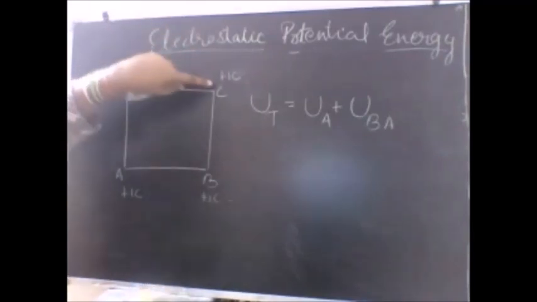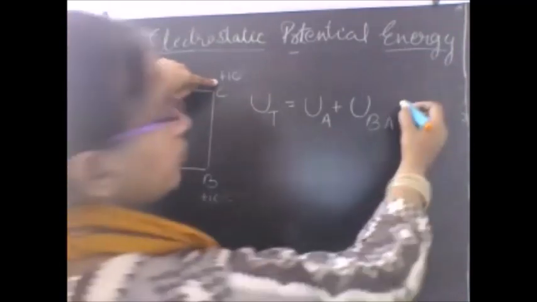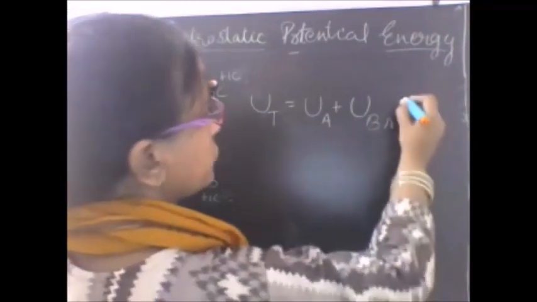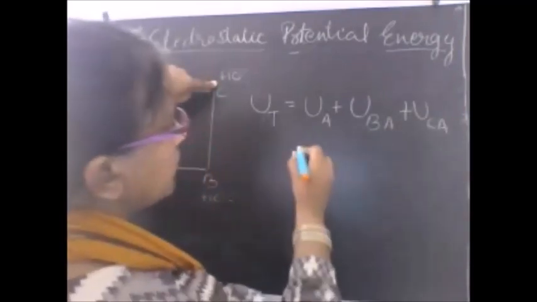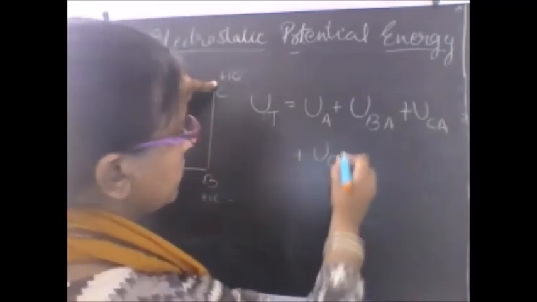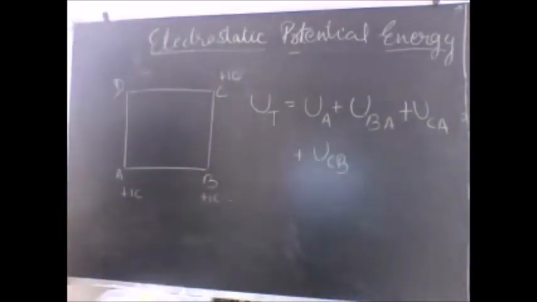So the potential energy now will be stored at the point C, and the potential energy is stored at the point C due to the presence of A, plus potential energy at the point C is there due to the presence of B. So the last case that we have to discuss is I have to bring this plus 1 coulomb charge at the point D from the infinity.